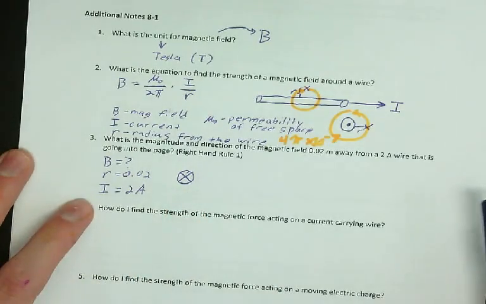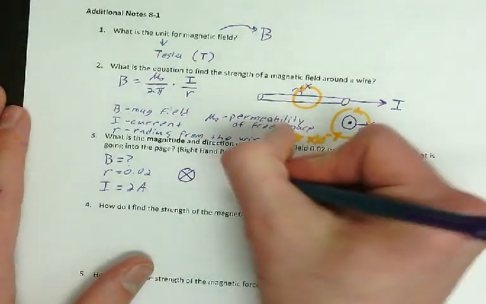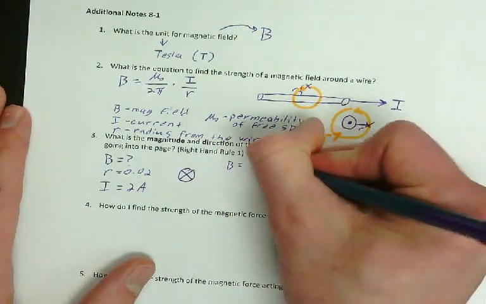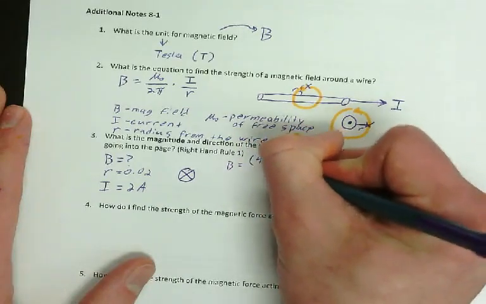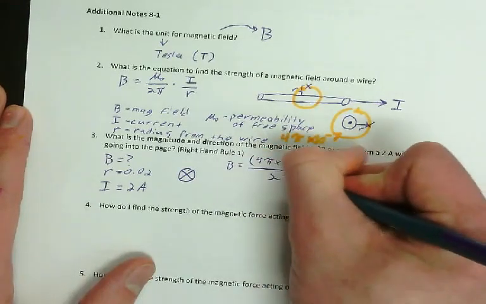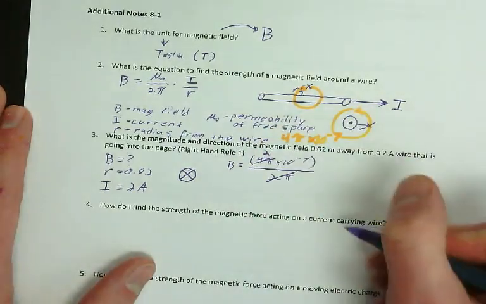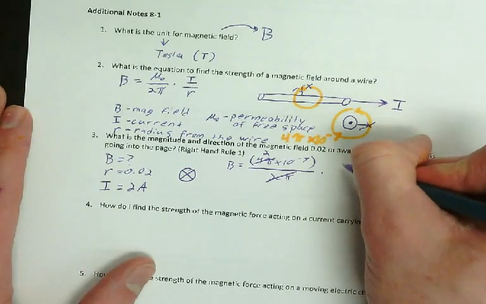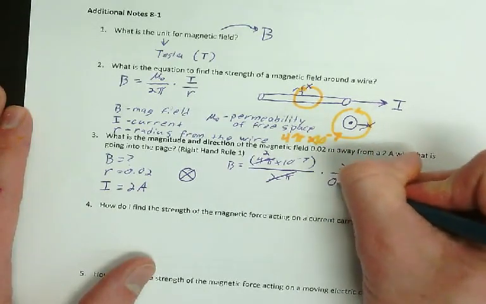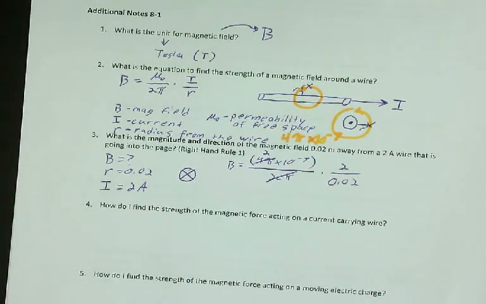So there's going to be a field that's going to go around it, but we need to figure out the direction. We'll get there in a second, so let's figure out the value first. So the equation is B equals mu naught, which is 4 pi times 10 to the negative 7th, over 2 pi. So the 4 pi and the 2 pi simplify down to just 2. And then it's times the current, which is 2, over the radius, which is 0.02. And then you just got to solve it. That's not too bad. So 2,